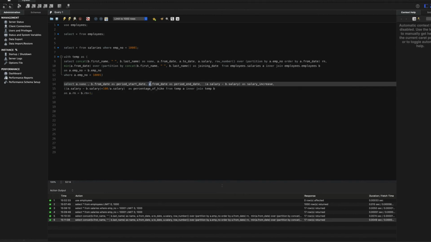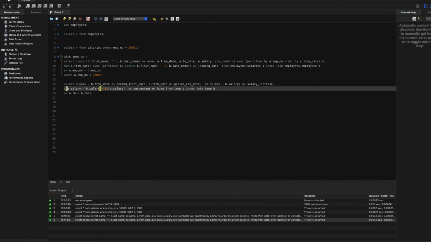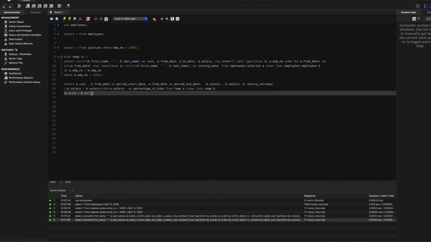Now I'm pulling the current year record date as well as the next year record date. In the same way, current year salary and next year salary. The difference I'm finding here is just to identify the increase. In the same way, I want to know the percentage of hike: current year salary minus next year salary divided by current year salary. This will give you the percentage of hike. So now if you run this entire query,